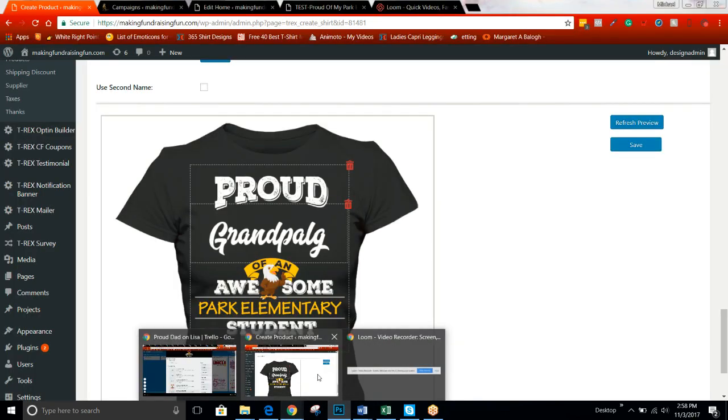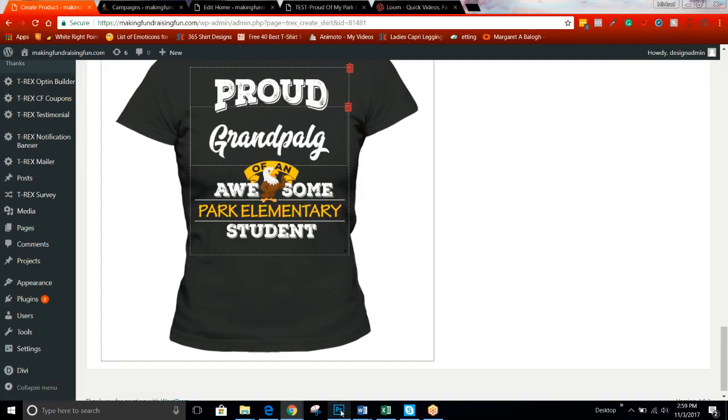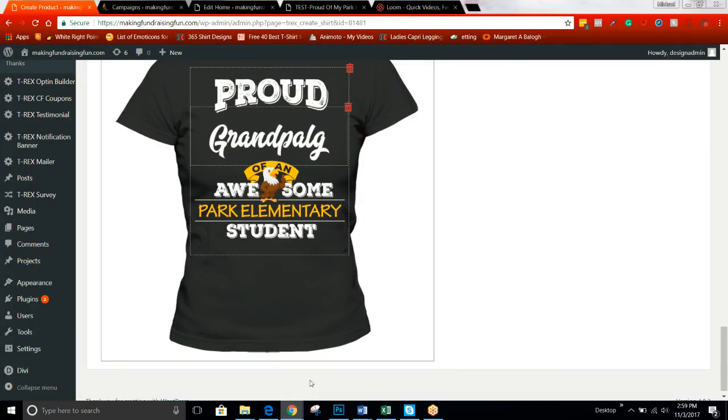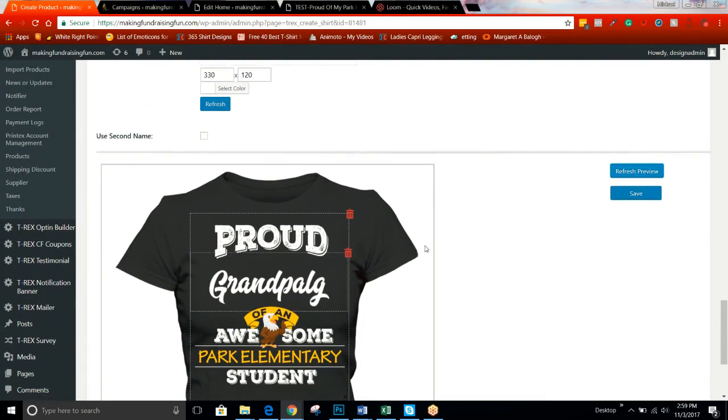So make sure you tell your designers to check that the text looks good on the color shirt. For instance, this looks really good on a black shirt. I said, wow, that's going to look great. But when you take off the stroke, it's harder to read. A dark red on a black shirt is just a little bit harder to read. So keep that in mind with your design. I would normally not use the red color on a black shirt unless I did have a stroke around it. So it's good that that showed up, so you can make sure you tell your designers to do that. Okay, so now with that,